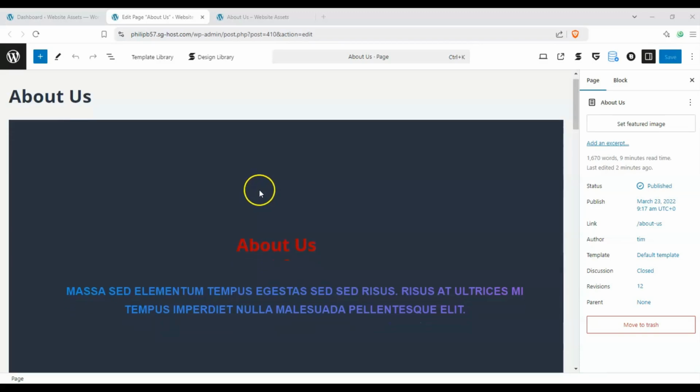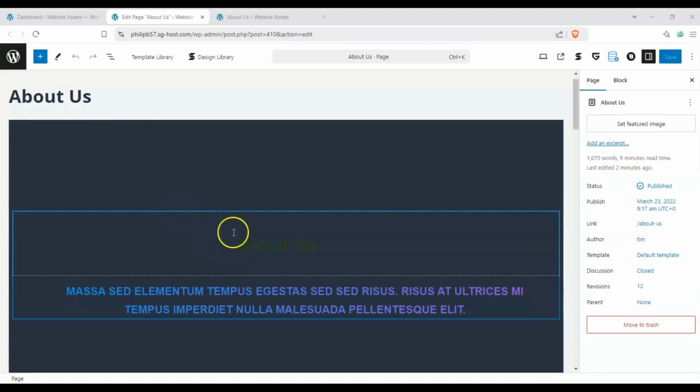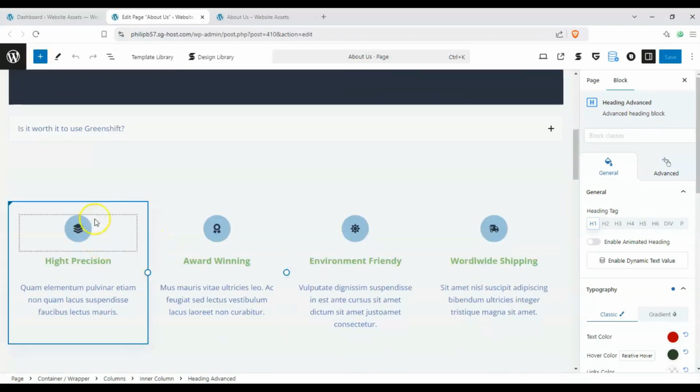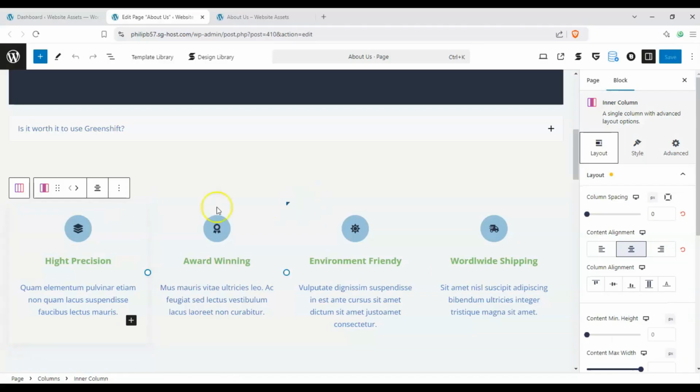Alright, once we're here, let's go ahead and try to edit our block. So make sure that your block is part of GreenShift. So let's go ahead and click on this one, this heading. And you can see it's heading advanced and it has the GreenShift logos over there. If it's not, let's scroll down over here. This one is one from Stackable. You can tell by the